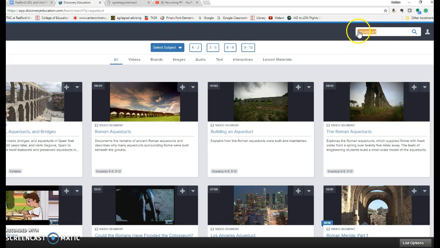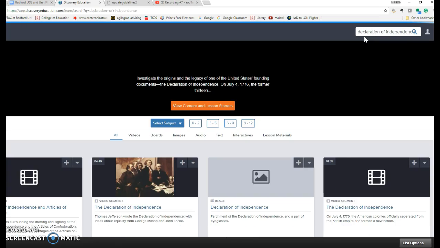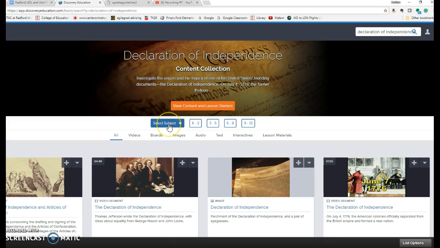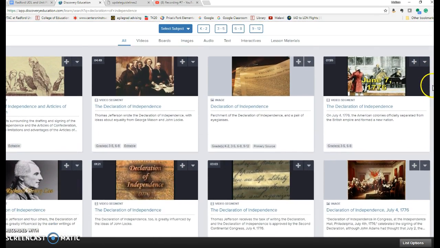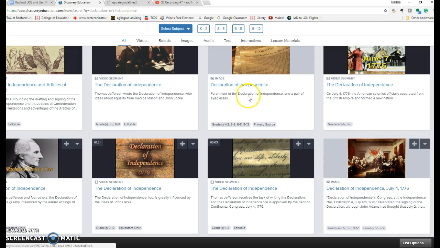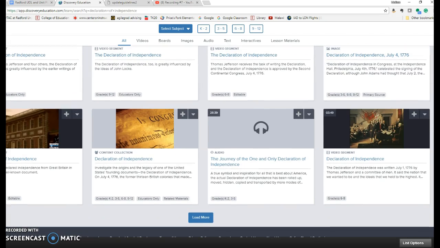When you go and look at a topic, you'll notice that it comes back with all kinds of resources, and I will do something a little bit broader right now. Let's do Declaration of Independence, and you'll notice that I can now browse by and filter things by grade level. When you also scroll down, you'll notice that there are images, there are video segments, there's an audio recording, there is a content collection, and if we click on the content collection,